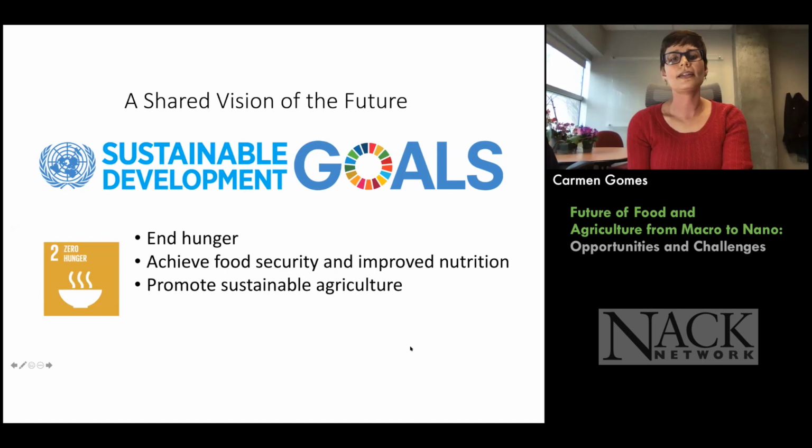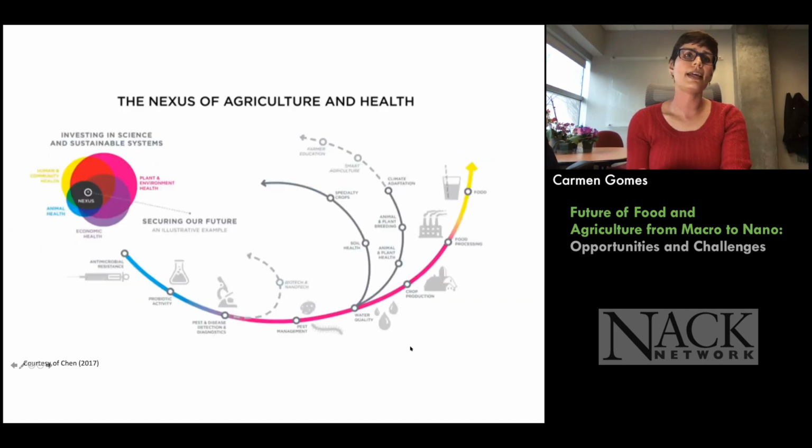And ideally, we will be one of the sources of the solution. So this slide that I have here is showing you that this is a complex problem, and the things are interconnected. When we talk about food security, creating sustainable practices in agriculture, and also making food nutritious and available for everyone, this is, again, interconnected with health.